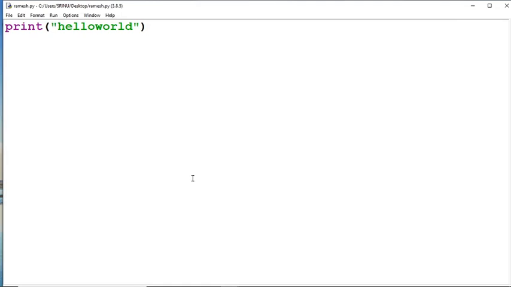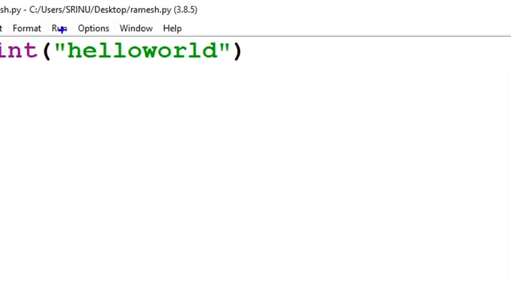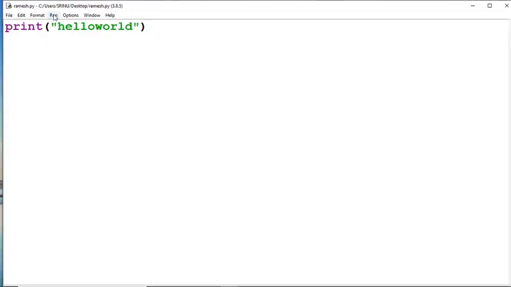Now we have to run the program. In script mode, this is the procedure. First of all, we open the window. After that, we type the program, then save that program, and after that we go for the run. We have saved it here. After that, observe here, there is the Run menu. I'm clicking on this Run menu.